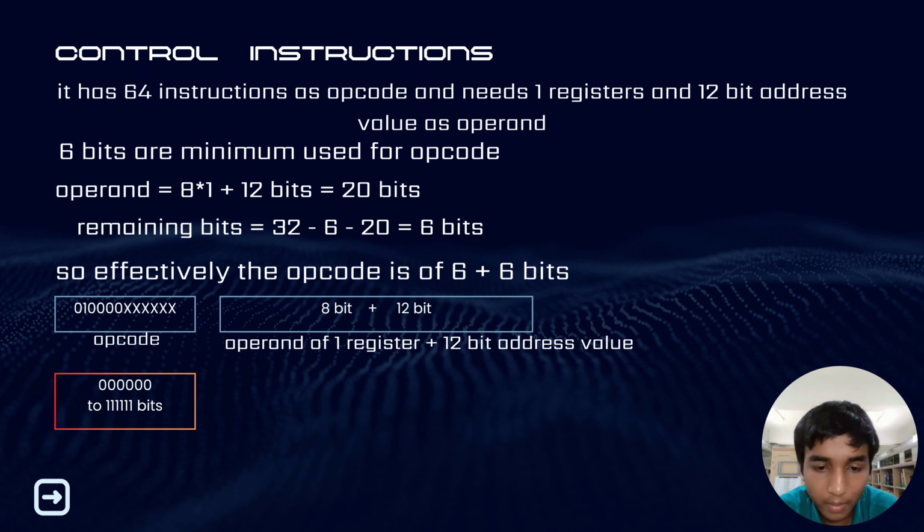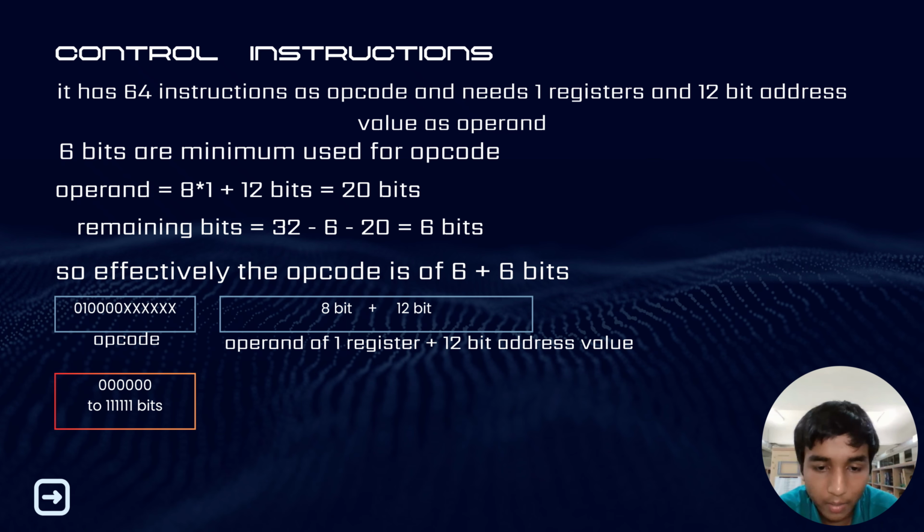So the opcode is now 10 bits. Now you can see below that it is 8 plus 8 plus 6, where the operand is of 22 bits. Now I'm going to tell about its opcode. The opcode is written in many ways, which is 001XX XX XXX. That X part can be written as